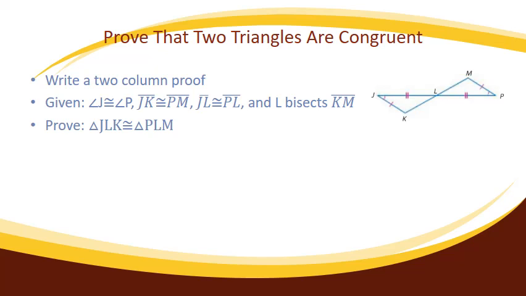All right, well, we're back to our old friend, the two-column proof. We're asked to prove that two triangles are congruent by writing a two-column proof. And we're given quite a bit of information here. Let's see, we're given that angle J is congruent with angle P, and we can see that by the